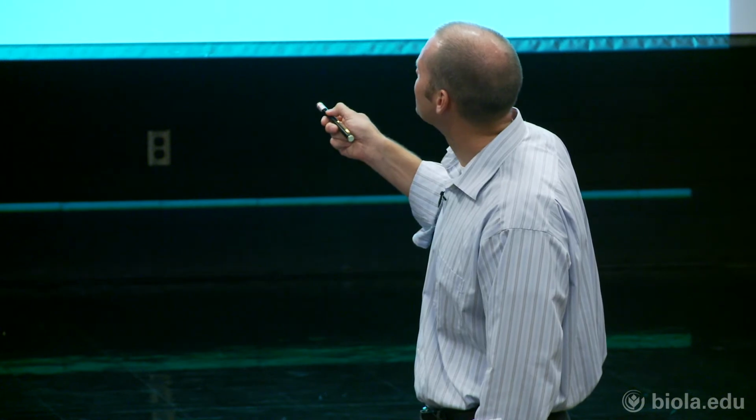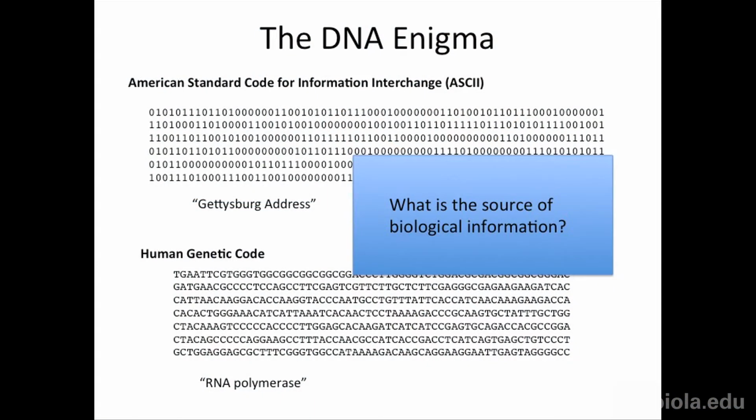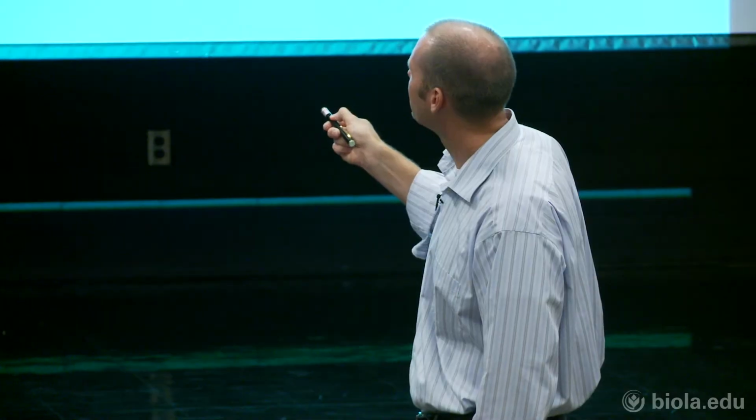This is actually parts of the Gettysburg Address, right? Which was: four score and seven years ago, our fathers. I forget how long it is, but I think it's like 7 or 8 digits coding for a single letter. So when you say something like 0101011, something like that codes for the F, the beginning letter in "four score." And you could go look this up. You can write code if you want.